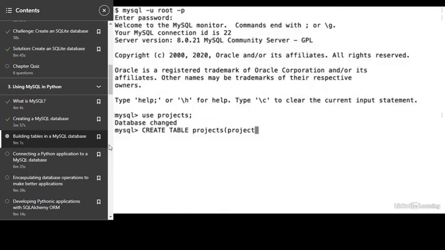We'll have a project ID column. This will be of type int. We'll require it to have a value, so not null, and we'll have it auto increment. The next column will be the title. So we'll write title, and it'll be of type varchar 30. Then we'll have the description. That'll be a column, and we'll give it the type varchar, which is very similar to a string,